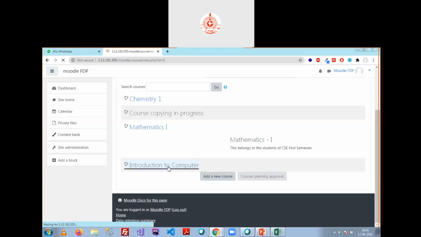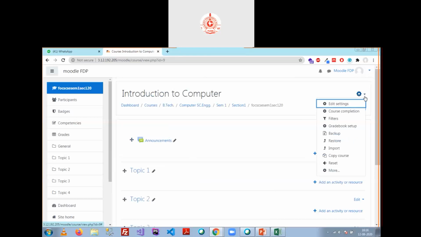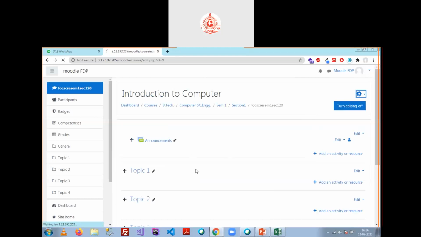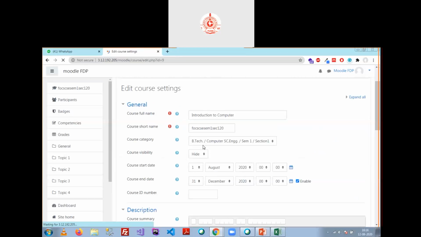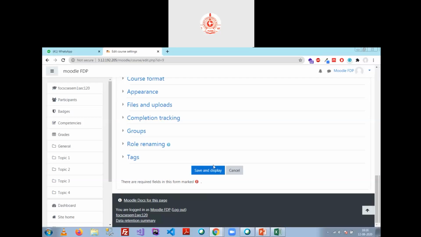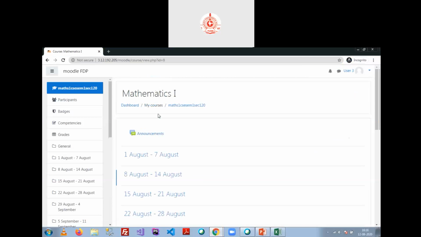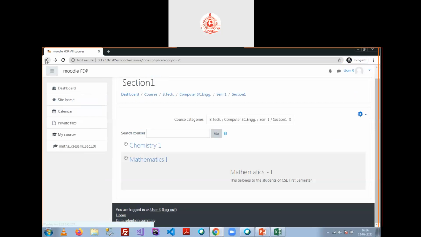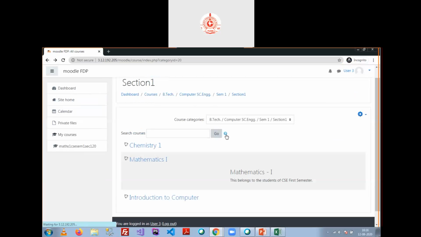So what should I need to do? Go to this one and again edit the settings and make this course visible to all the participants. Now user 3 or all the other users are also able to see that course in their window.